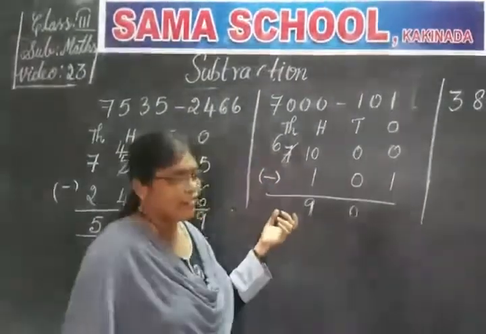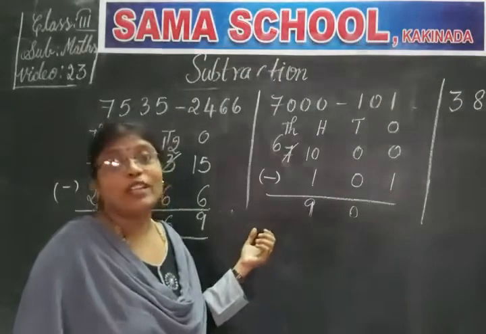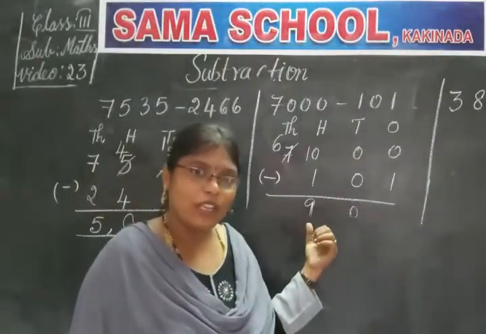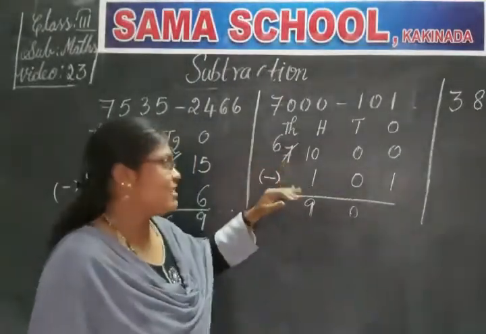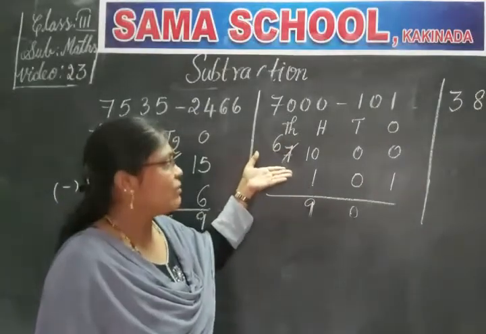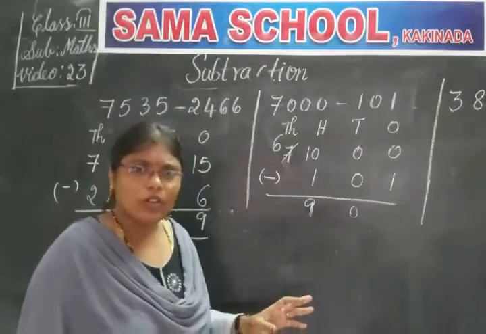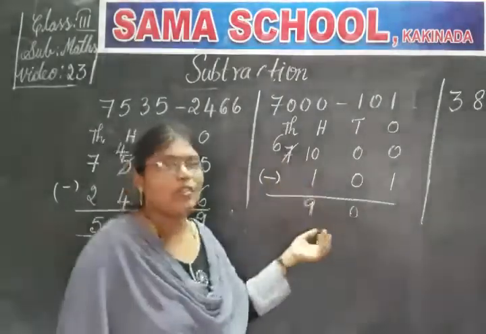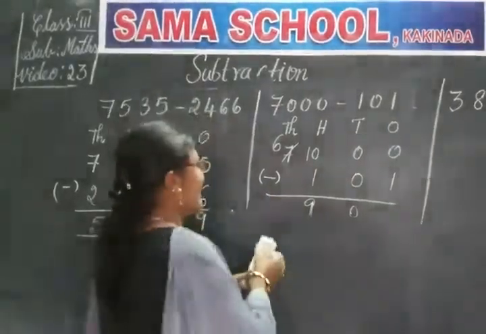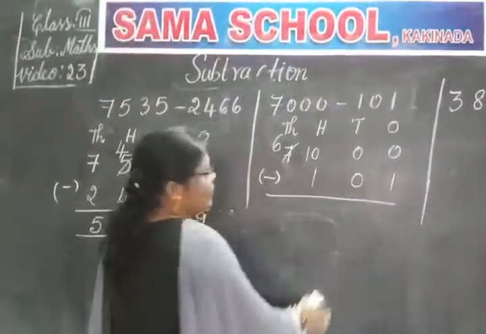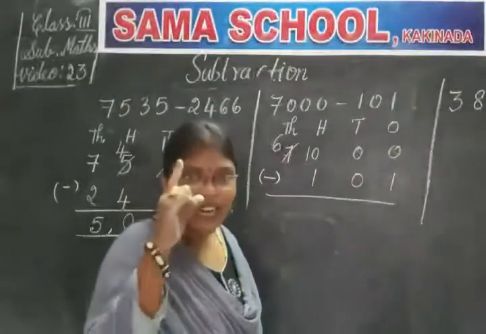Children, see here. Did I do it the right way? Is it the correct way to subtract? What is the mistake I did here? Can you tell me? I have made a blunder. I started subtracting from the hundreds place, and I even left the thousands place. Yes or no? When we started subtraction from the hundreds place, we did not get the answer. That's wrong. Do remember, every time you have to subtract from the ones place, from the rightmost place,